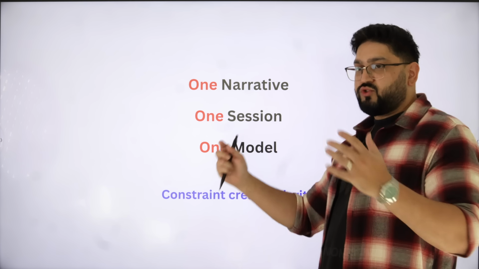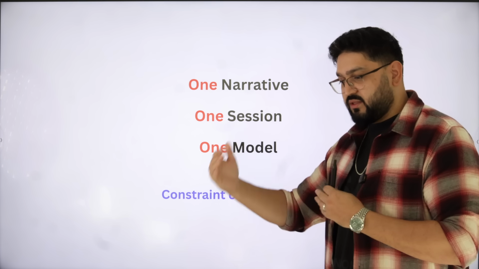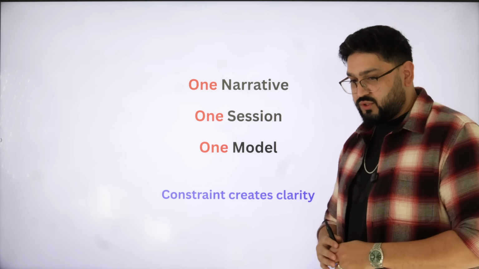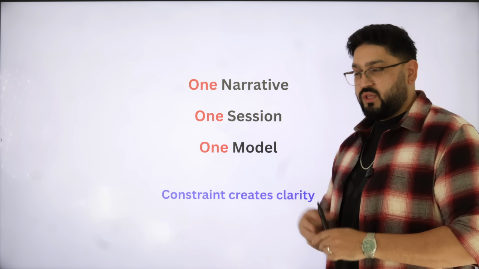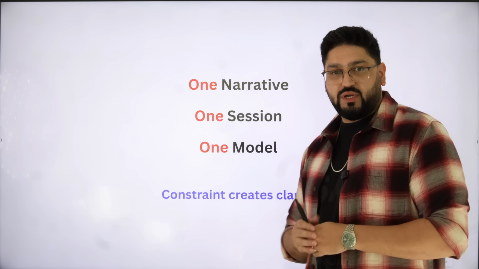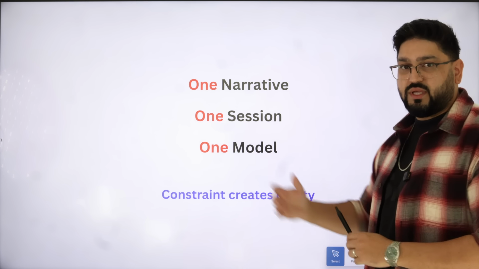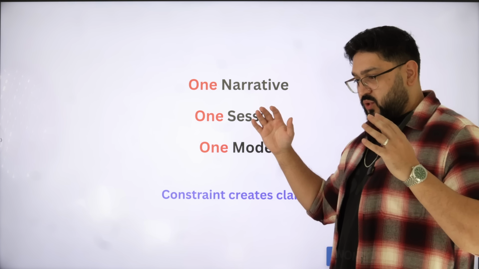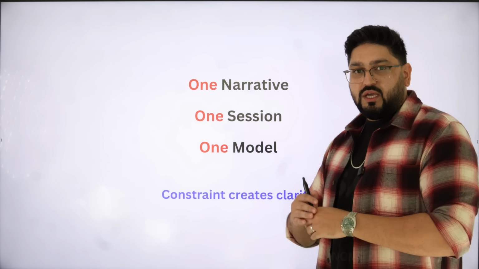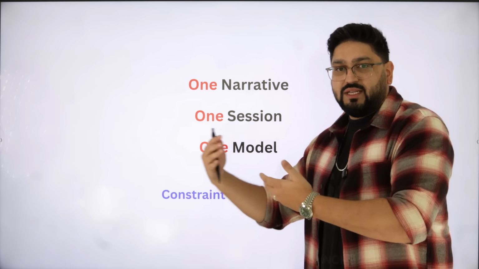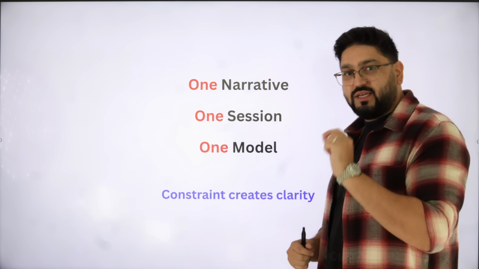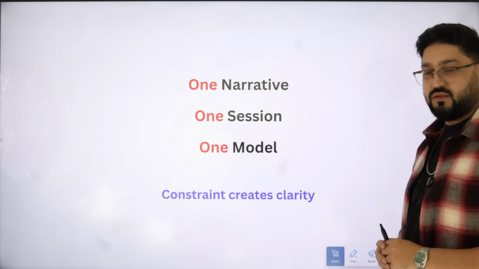This is the part most traders simply want to avoid because they think that having more models, more things to look at, will equal more trading, and therefore more trading equals more profits. And that is absolutely the wrong way to approach trading with ICT concepts. You want to put constraints because constraint feels limiting, but in trading, constraint is what creates clarity.